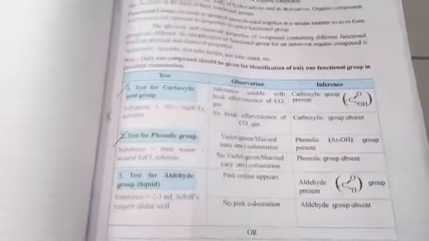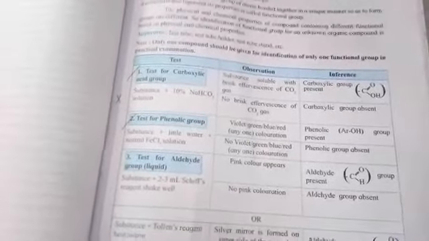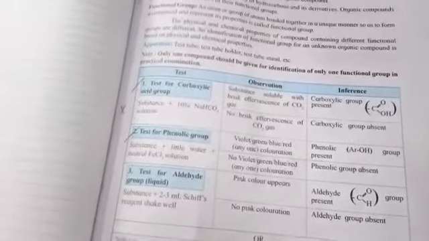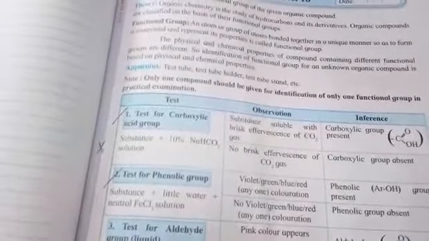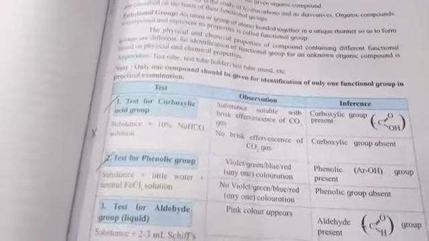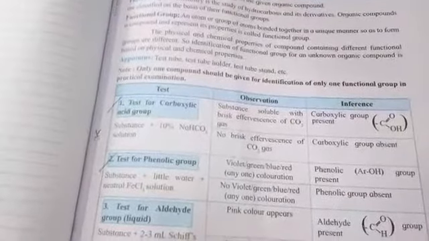Then see here, there are some functional groups given in the table that contains the tests for these functional groups and their observations. But you find out practically which observations you got. Then see, in your practical board examination, only 1 compound is given, not all 3 compounds. We have taken 3 compounds in this practical. But in the board exam, only 1 compound is given to find out the functional group.